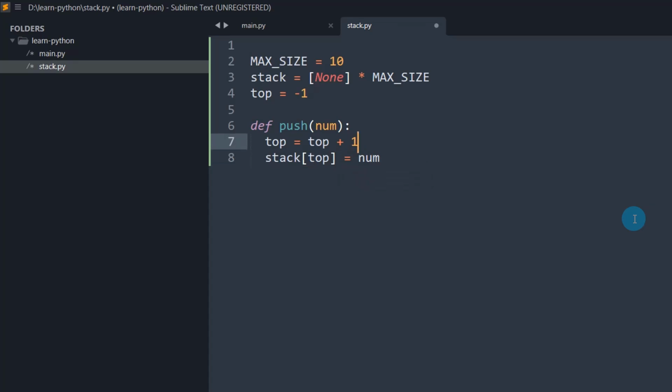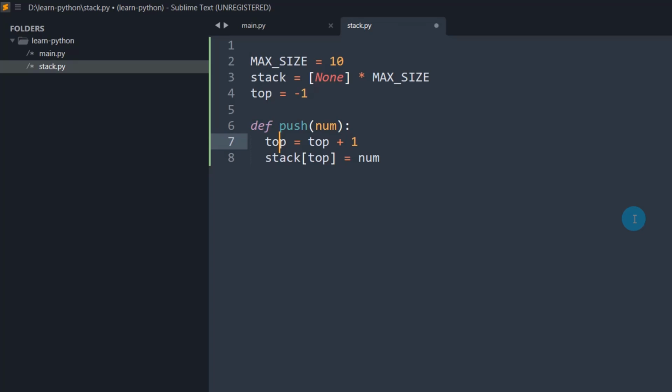So what exactly are we doing here? Let me repeat. We are going to create a function with the name push that takes an input argument, some number. This function will insert a new element or number at the top of the stack. Currently the top is pointing to some top element, right? So we need to move the top position one level up.